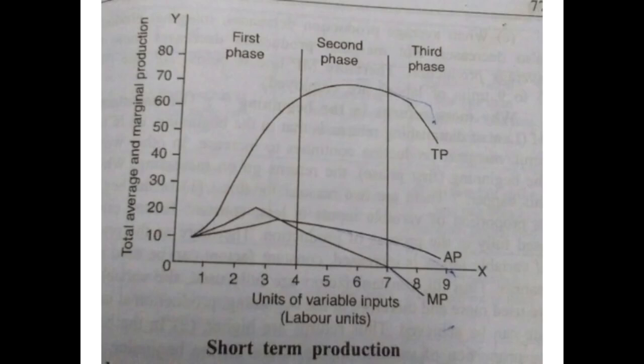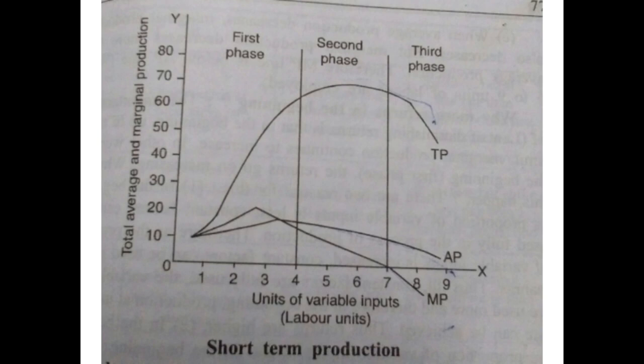Now, the MP line has a tendency to move upward in the first phase. After the third unit, it takes a turn and marginal production decreases. This also we had studied earlier, that in the first phase it was increasing. Later on, in the third unit, it takes a turn and it starts decreasing. At the seventh unit in the third phase, it becomes zero and therefore it crosses the base line and starts becoming negative, sorry. AP line goes up in the first phase, but at the fourth unit it becomes constant and then